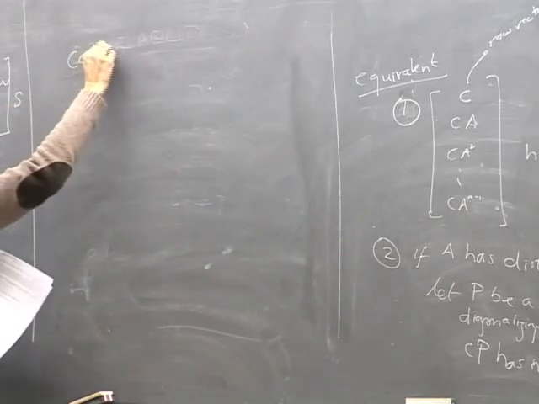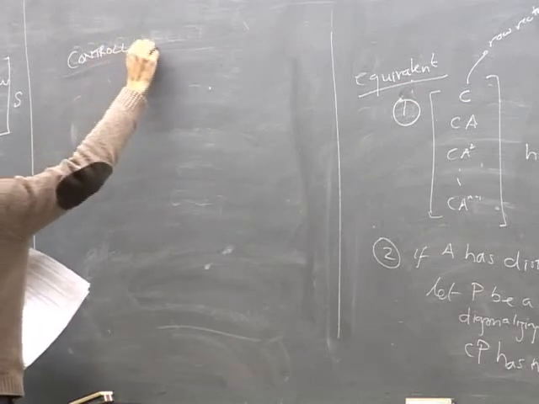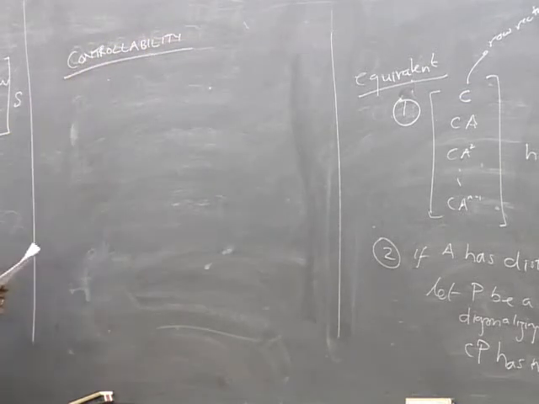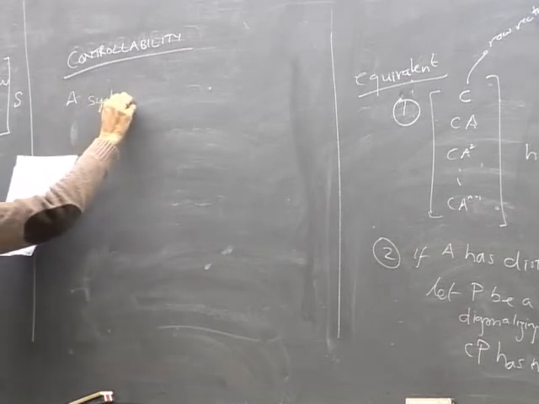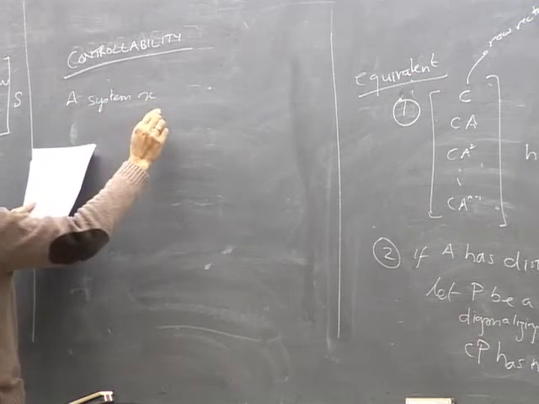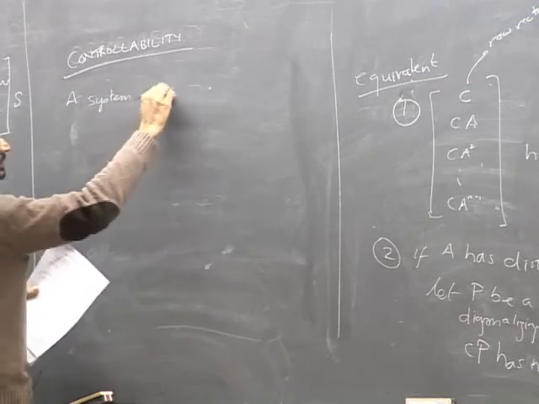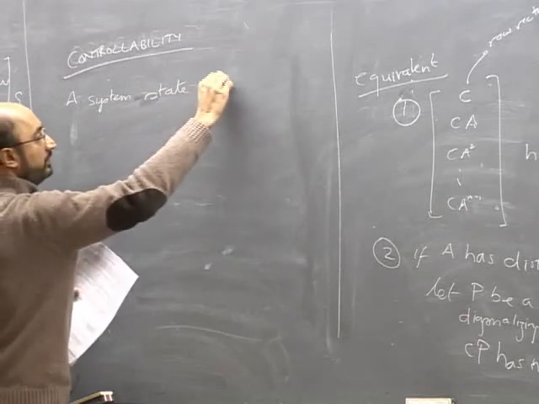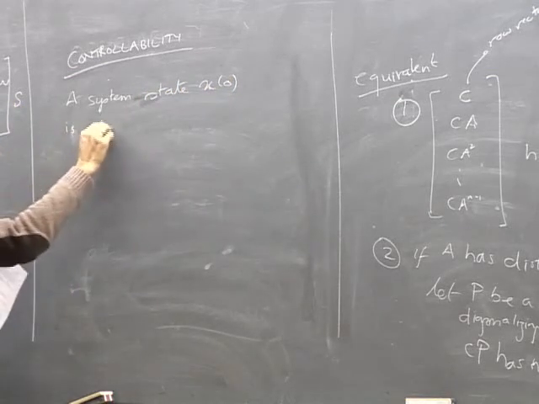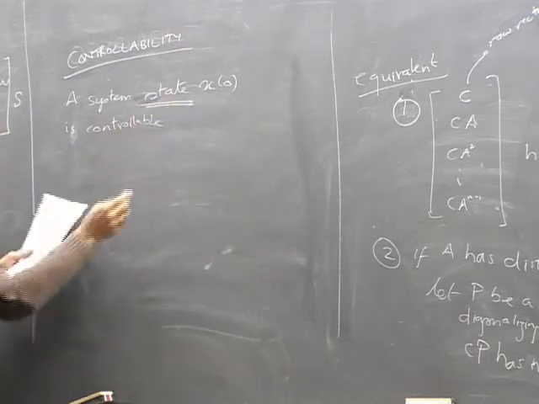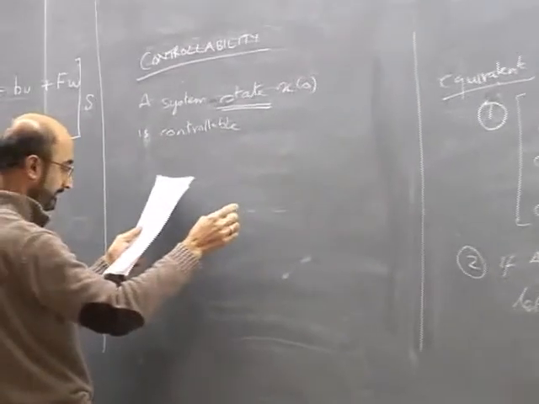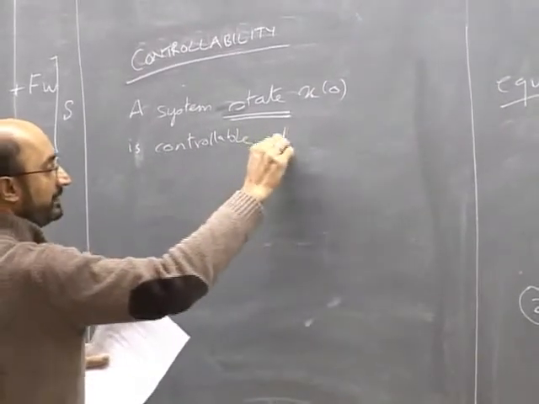Controllability. So let me read the definition and then explain what it means. Controllability says that a system state X0 is controllable. Okay, so we're talking about a particular state, controllable at time t,